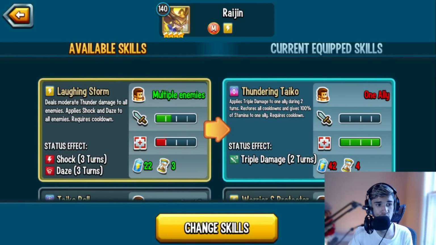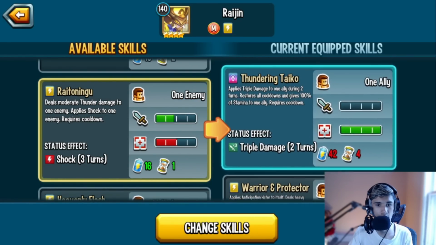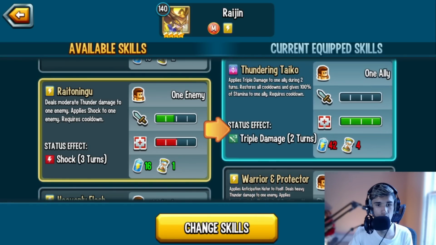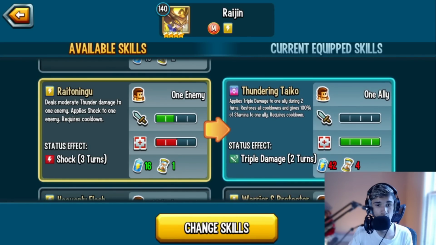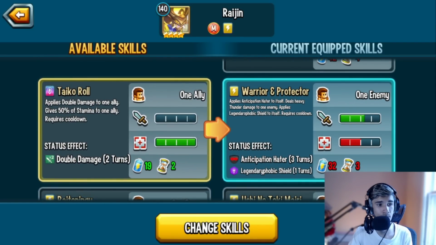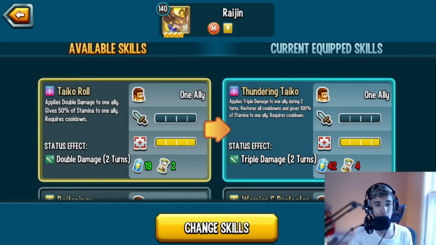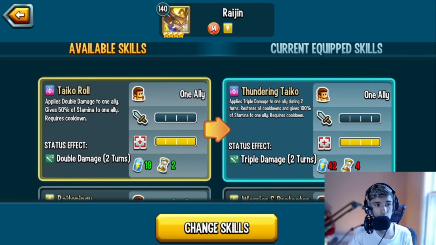You also got Laughing Storm, which is a moderate thunder damage to all enemies, applies shock and daze. Alright, shock and daze, huh? I'm gonna keep that right in there. So here's the thing, we got 2 self-support skills. Well, this one's to anyone you want, but this one is a support, right? Self-support. You also got Taiko Roll, which is a double damage to one ally and gives 50% of stamina. I'd rather go with the triple damage. Okay, so if you are planning on choosing whichever one, go with the triple damage, because